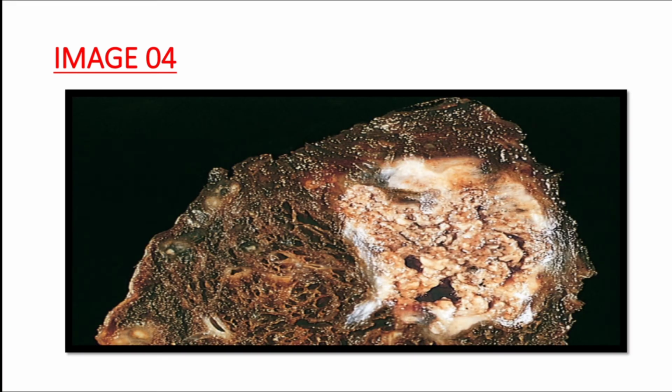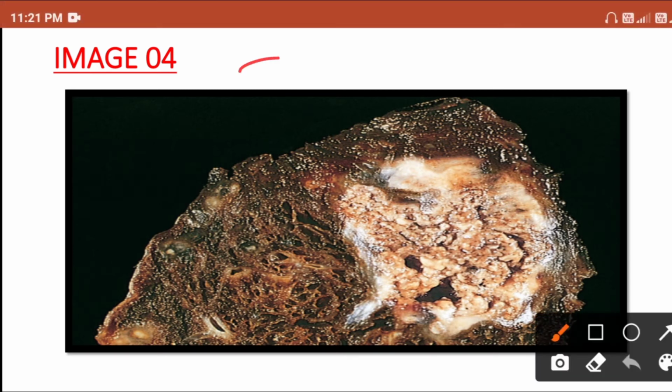Alright. Now the fourth image. This is again an image of one type of necrosis. Here you can see a cheesy area. This is the image of the lung. Whenever consolidation is seen in the lung, whenever there is a large necrotic area, you have to think about tuberculosis. So this is the diagram of caseous necrosis. This cheesy appearance grossly, because of this cheesy appearance in the lung, the name given is caseous necrosis.